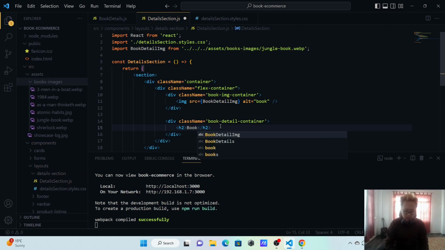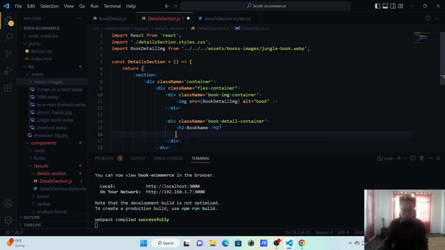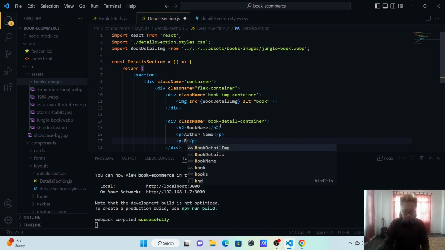You can say book name, and then in a small p tag we can add the author name, then in another p tag we can add a book description,